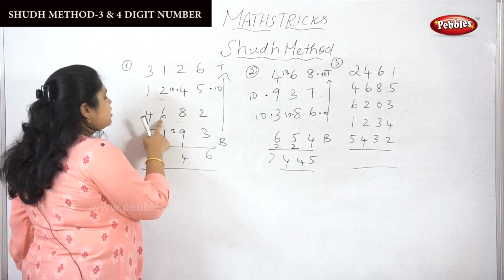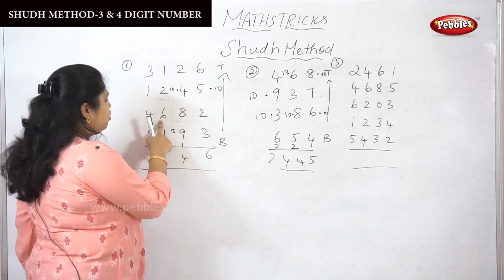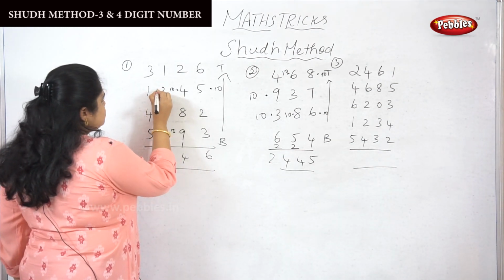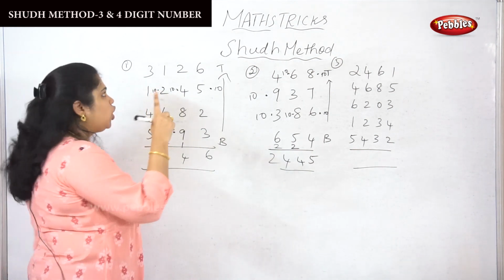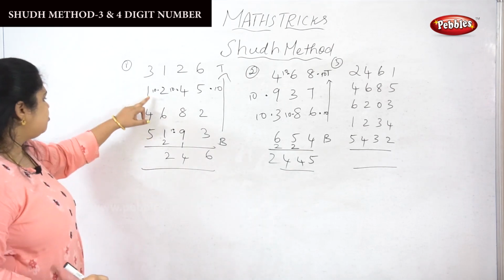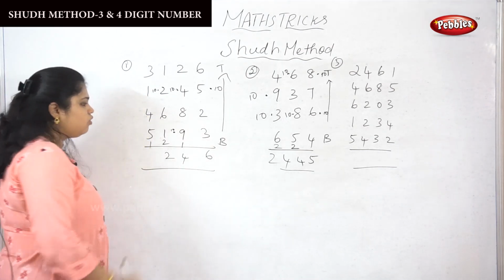2 and 1 is 3. 3 and 6 is 9. Okay, 7, 8, 9. Okay, 9. 9 and 2 is 11. So I am just dropping a 10 here, taking a 1 along to the next number. 1 and 1 is 2. So how many 10s have I got? Only 1 10. So I am writing a 1 here.